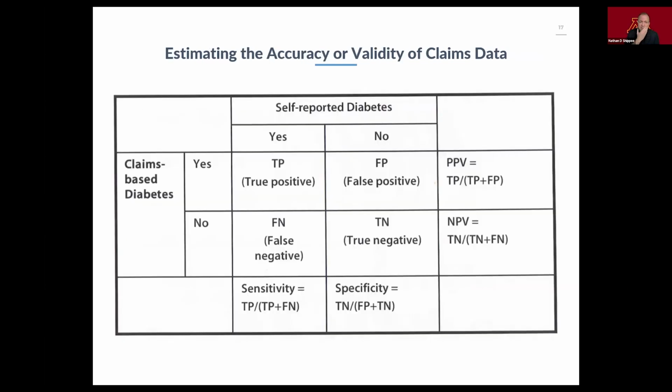This is just to put up some EPI 101 kind of approaches, but we're going to be talking about sensitivity and specificity and positive predictive values. So just putting this up here for reference. All right, so